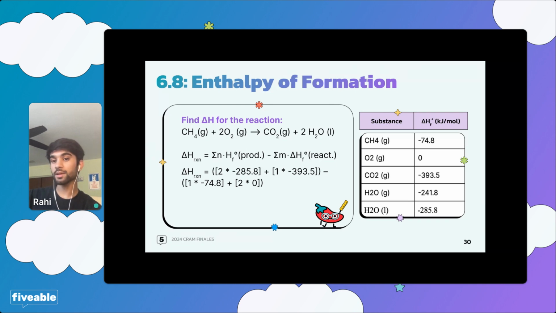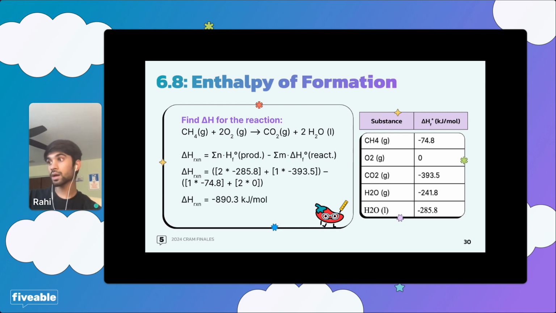So we look at our enthalpy of formation table that they would give us. You're not expected to know any of those off the top of your head, so don't worry about that. You would use negative 285.8. And Anya, here's your question: the n in this case is the coefficient of the reaction. So how many H2Os do you have? 2. How many CO2s? 1. And then you do the reactants, same deal. Your reactants are CH4 and oxygen. Remember, O2 will be 0. If you have another substance like that, like H2, same thing, 0. Just makes it a little easier for you.